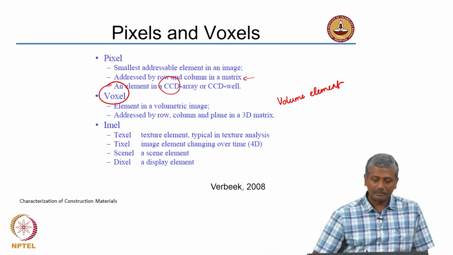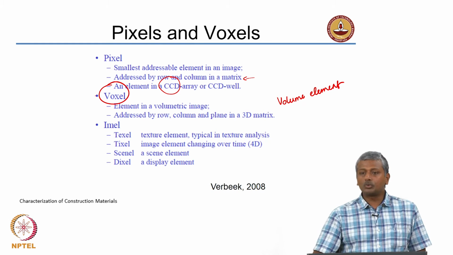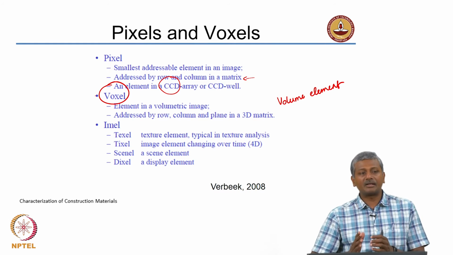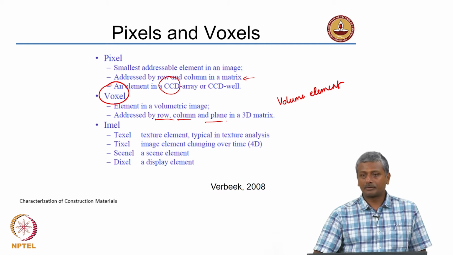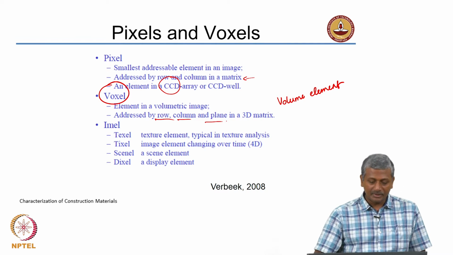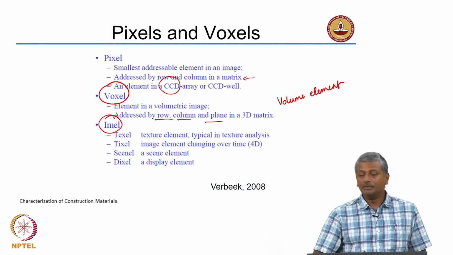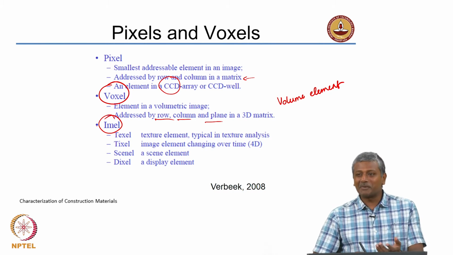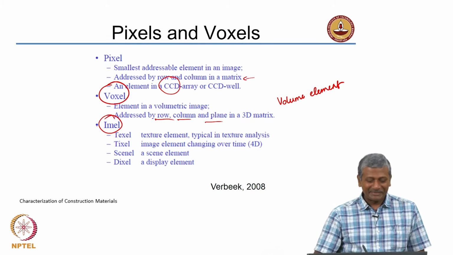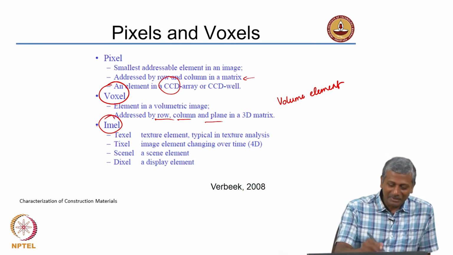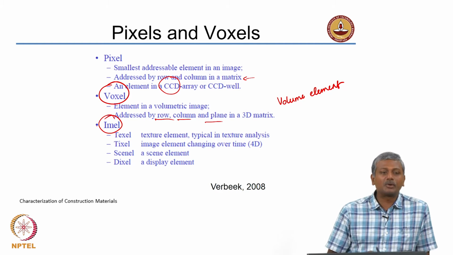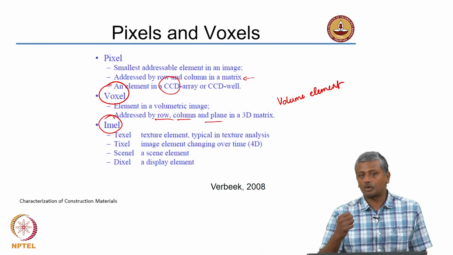Voxel. So here what you need is attributes that define 3 dimensions. You have a row, column and plane in a 3-dimensional matrix. Now, if you want to complicate things further, you have what is known as an 'el', as in pixel element. Do not ask me exactly what that is; I could make out voxel, but I am not very sure about this one. Anyway, an el essentially looks at specific features of your object.